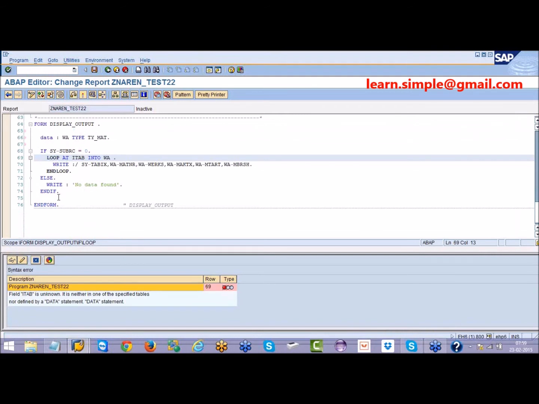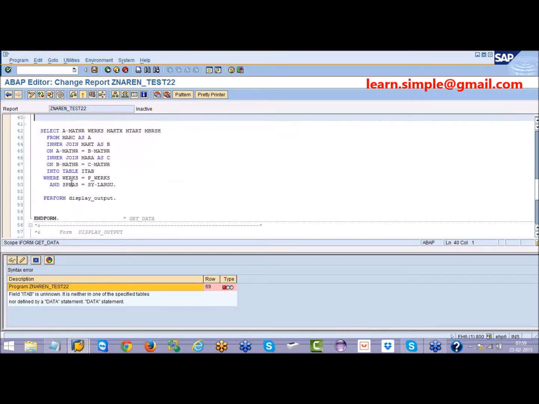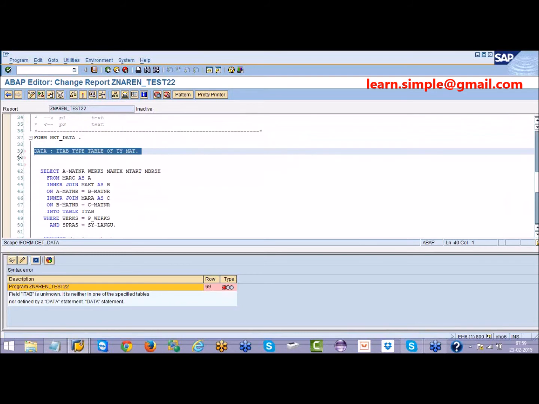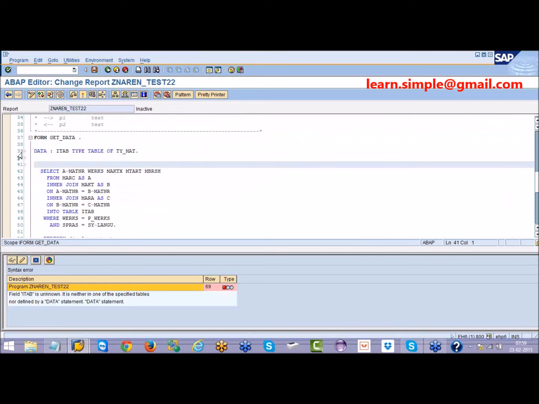The second subroutine says, boss, I don't know what is itab. Why doesn't it know? Because the itab is declared inside the subroutine. So this is local data now, local to this particular subroutine. The other subroutine doesn't know this itab. So this is the difference between global data and local data. If you declare something globally, all your subroutines can access that particular data, that particular variable.